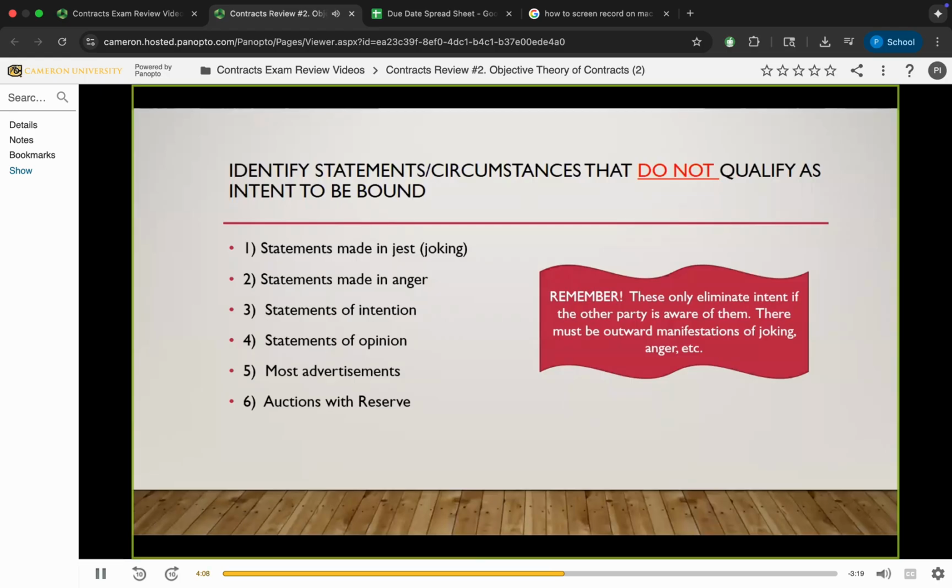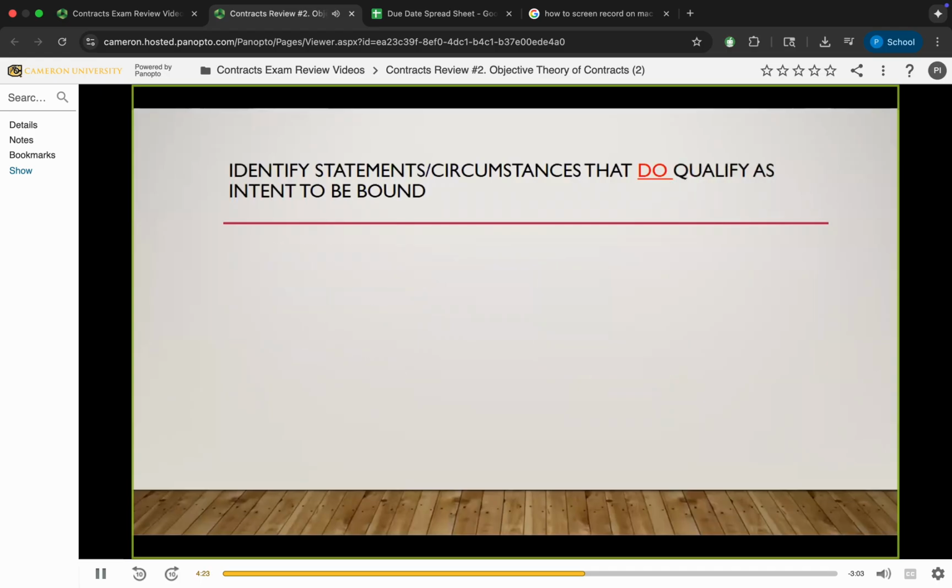So when you read the slide in front of you, just remember that for joking and anger and intention and opinion to obviate intent to be bound, they have to be clear, objectively clear to the other contracting party. On this slide, we're going to identify a few circumstances that generally do create intent to be bound. So this is a bit of a repeat of what I just stated,